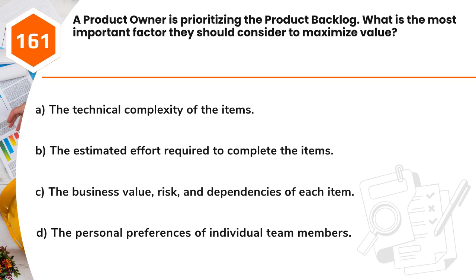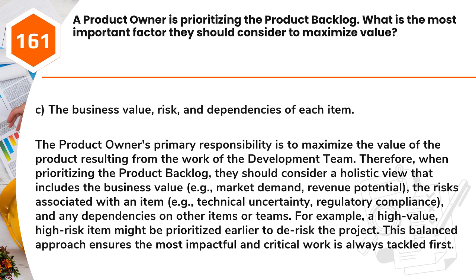Answer. C. The business value, risk, and dependencies of each item. The product owner's primary responsibility is to maximize the value of the product resulting from the work of the development team. Therefore, when prioritizing the product backlog, they should consider a holistic view that includes the business value, e.g., market demand, revenue potential, the risks associated with an item, e.g., technical uncertainty, regulatory compliance, and any dependencies on other items